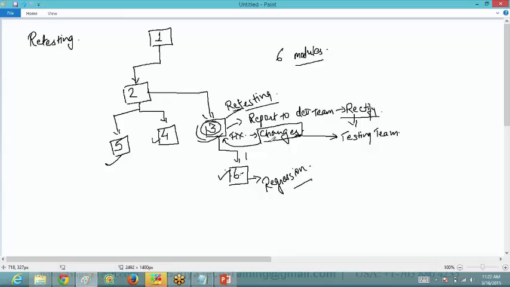Once the developer has made some changes, just to cross-verify that these changes are not affecting the dependent module in a negative manner, you need to do one more testing, and that testing is regression testing. Clear with this?